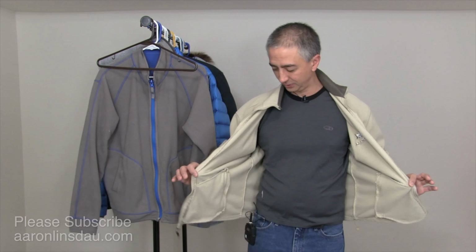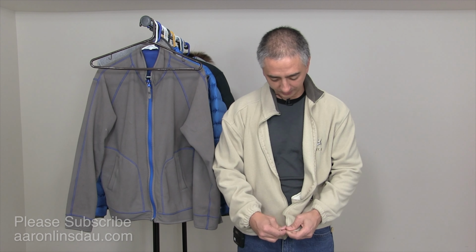But this jacket actually went with me to Kilimanjaro. That's right. I climbed using this $13 fleece jacket plus a few other jackets on Kilimanjaro, and it worked great. The nice thing about a full zip jacket is that when you zip this thing up, oh yeah, I'm doing great, I'm warm. Ooh, I'm too warm. Unzip. Ooh, I'm too warm. I can still unzip,